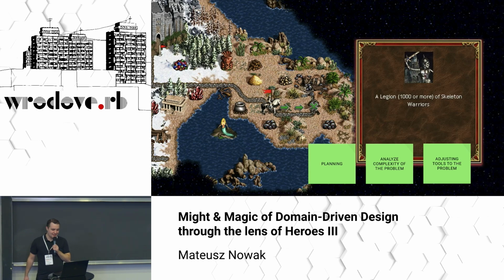This was good, as you said. In a game, it's so easy because it's enough to just click on the skeletons to see the estimate of how many of them there are. And it was a legion, so a lot. We could have checked if we had enough army to fight against them. For software projects, we need to check if we have the right tools and methods for the job. Today, we'll learn how to do the planning in a rewarding way.